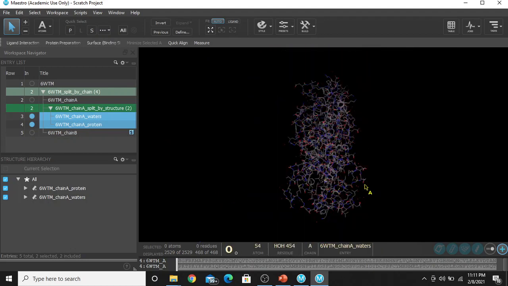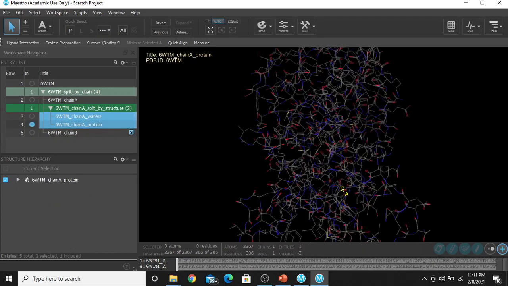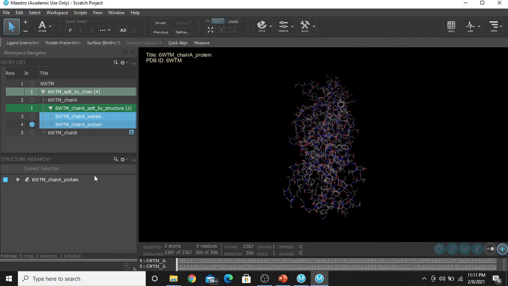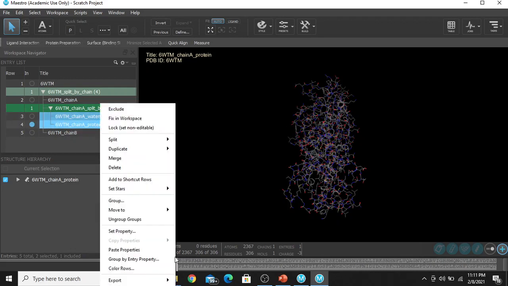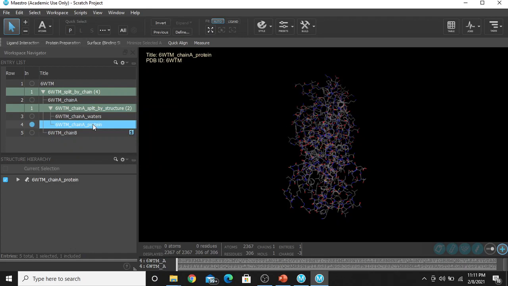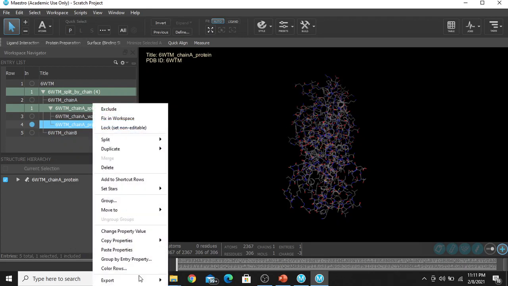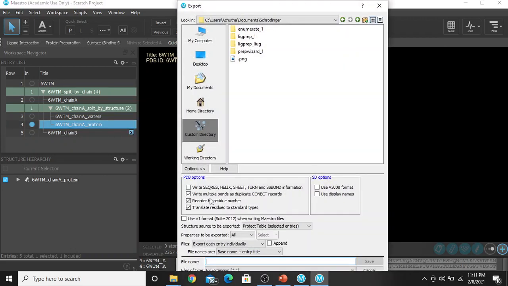That's not required for docking. So selecting this is the raw protein. There is no water molecule or ligand in it. So in this, both of these are selected this way. When you try to export, the save format in Maestro is export. If you export the structures, since both of them are selected, both of them will be exported. So we want only the raw protein, so select this only, and right click and select export structures, and then select